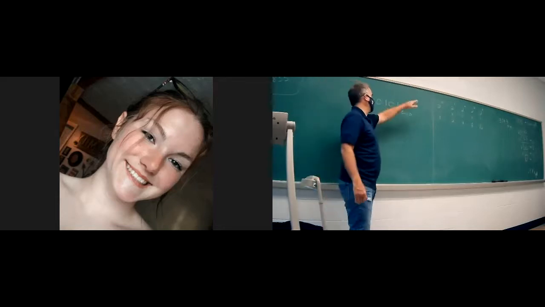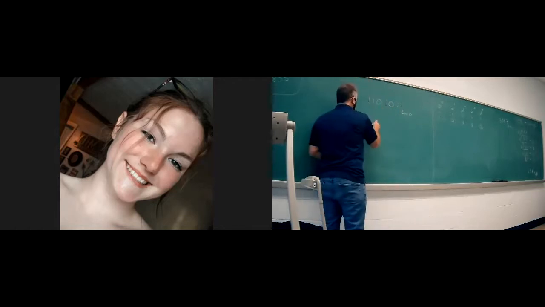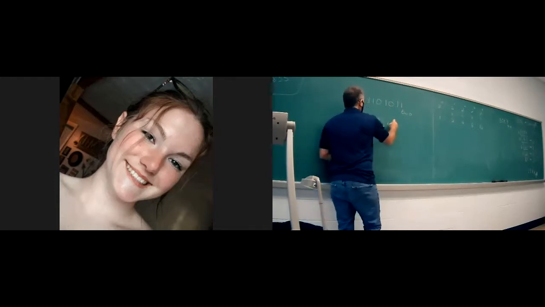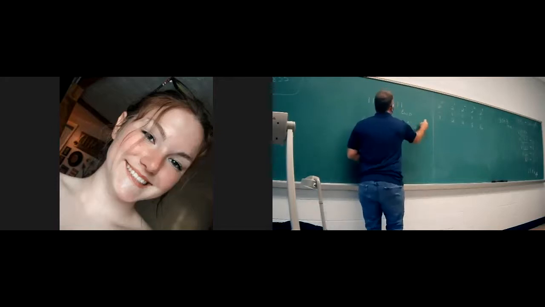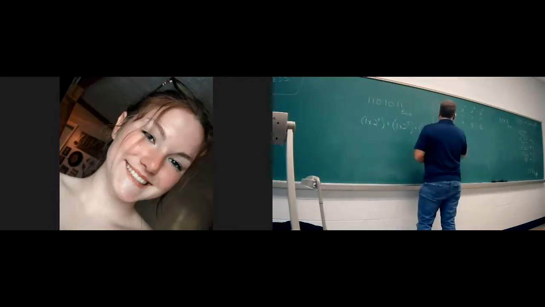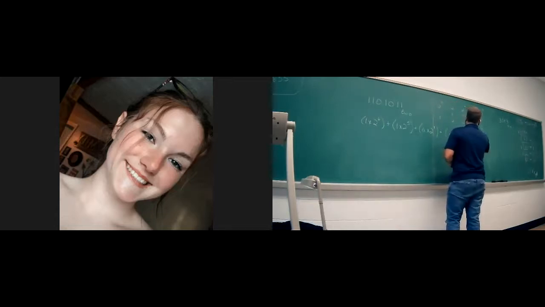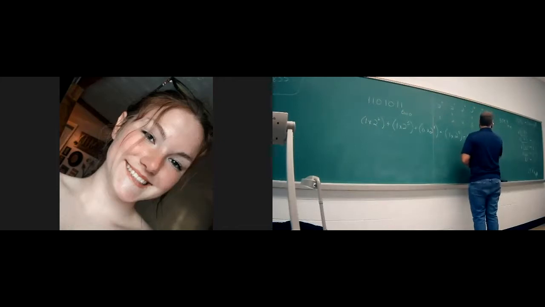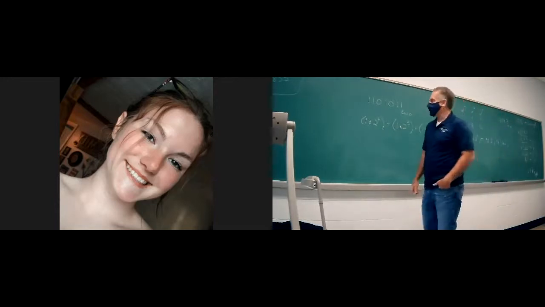We've got many digits. That's why I always go 0, 1, 2, 3, 4, 5, and what? 6. So this would be 1 times 2 to the what? 6 plus 1 times 2 to the 5th plus 0 times 2 to the 4th plus 1 times 2 cubed plus 0 times 2 squared plus 1 times 2 to the first plus 1 times 2 to the 0. Now that's writing it out in its full glory,